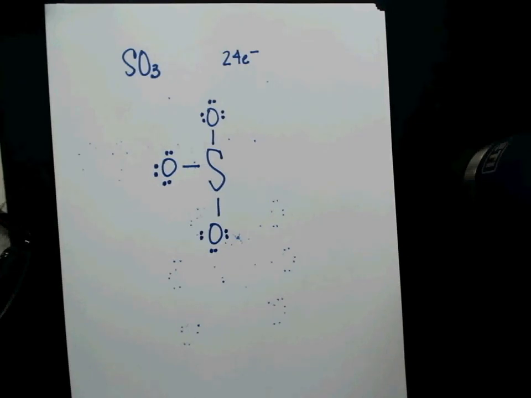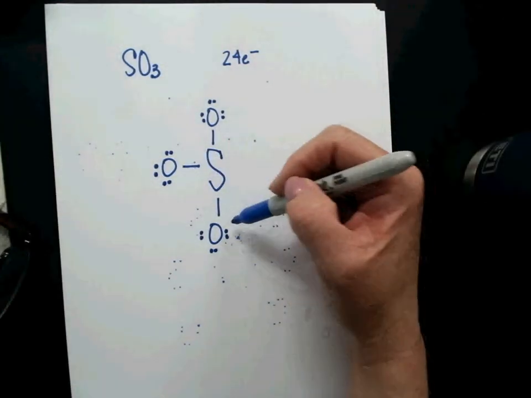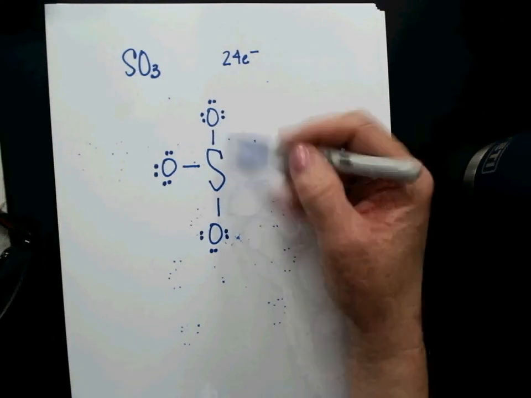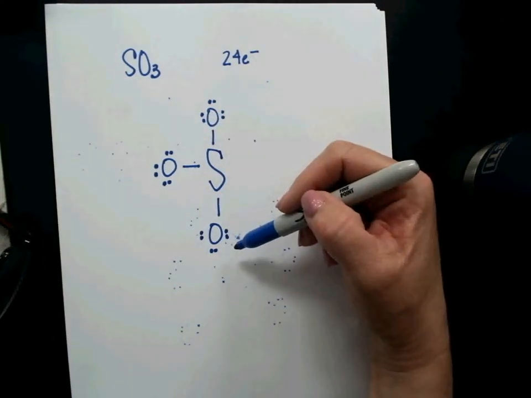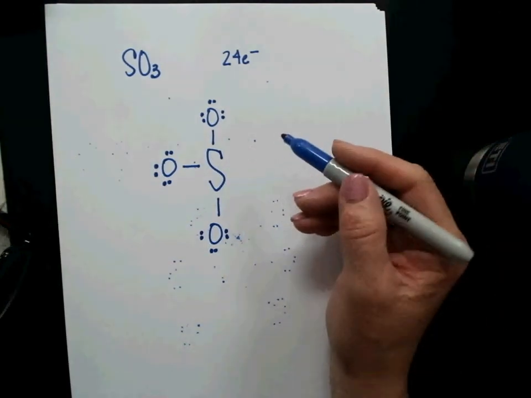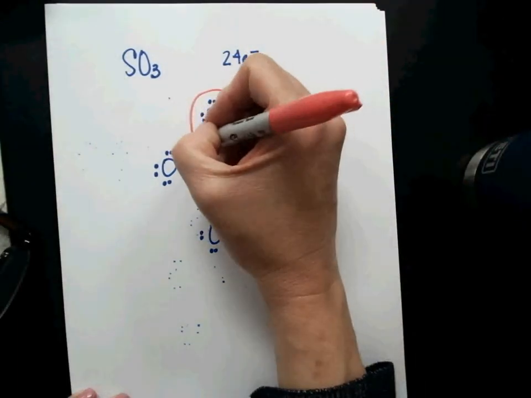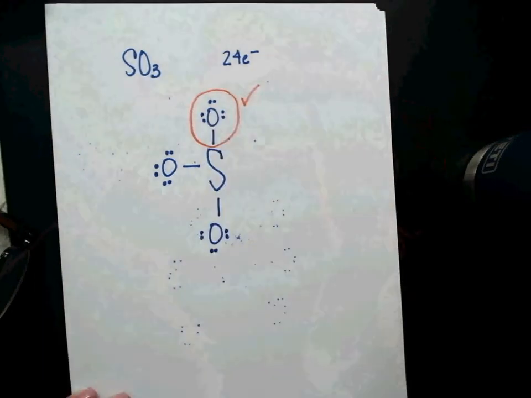And then I'm going to stop and check for octets and check for the number of electrons. So 8, 16, 24. Everybody see how I did that? I just looked at my total number of electrons. So I've used the right amount, but now, and this is what some of you didn't do, I think, on the little practice thing, if I look here,